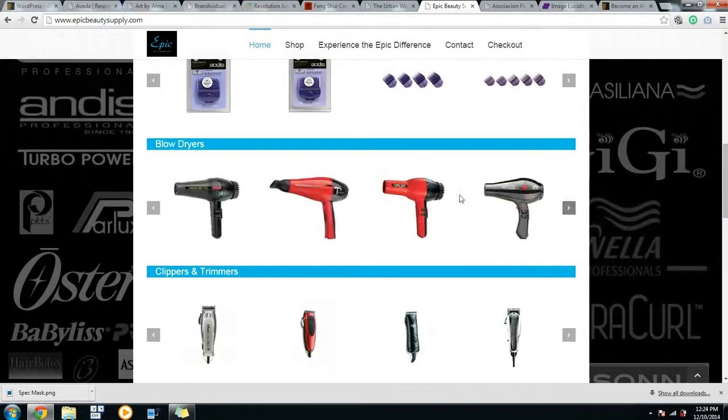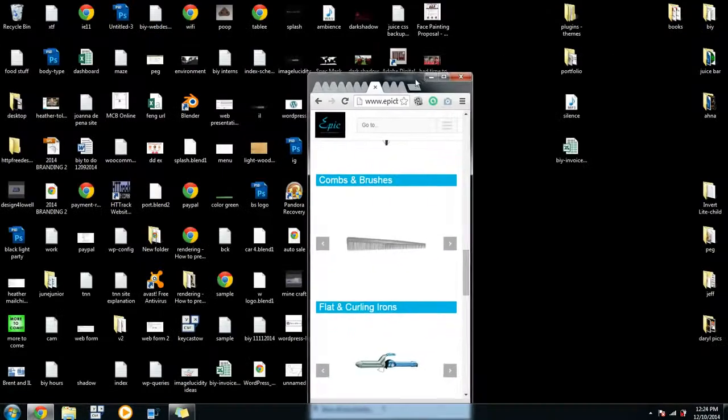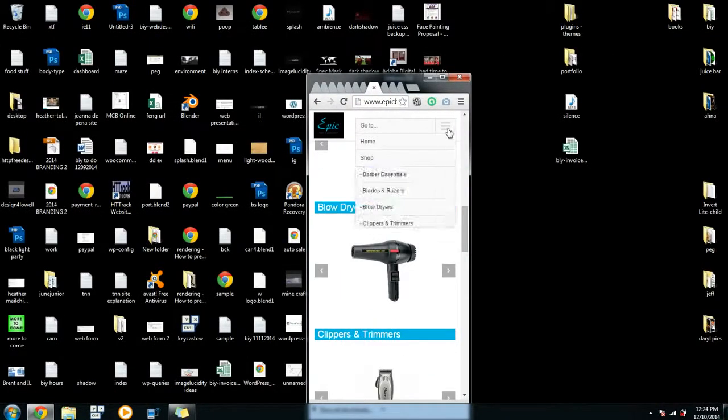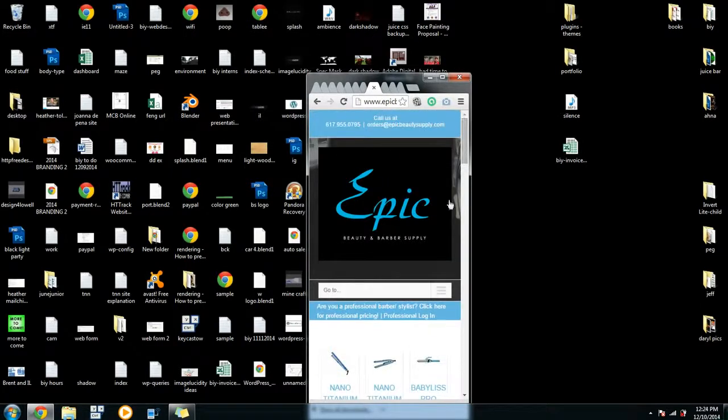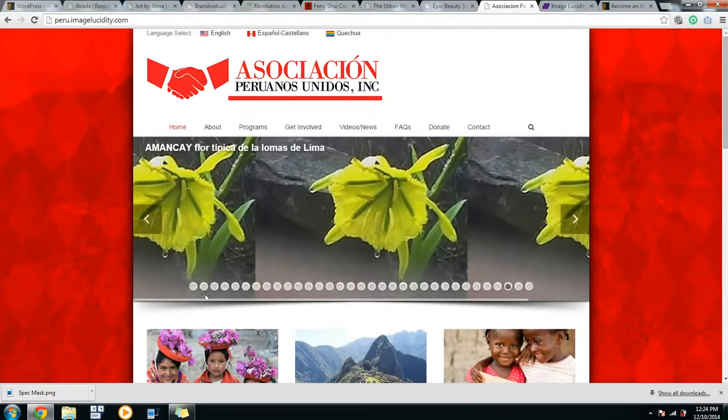So you can see you can just filter through categories. Avada worked perfect for this. Again, mobile responsive. This website